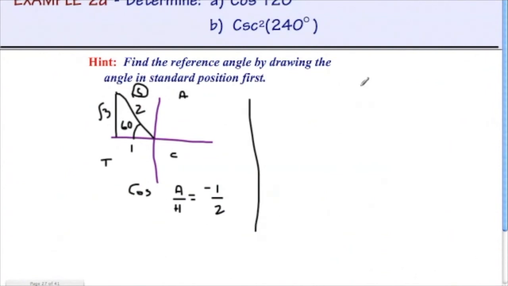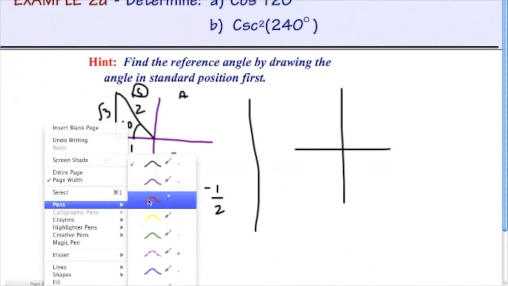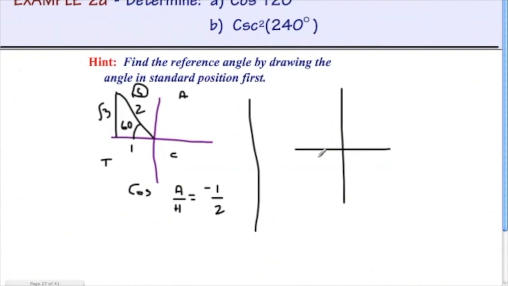Now the other one, let's draw our picture. Let's find the angle. 240 is somewhere down here. Find that reference angle. 240 backs up to 180, so now we have 60 again. Make it into our nice triangle. Label it 1, 2, root 3. Cosecant is h